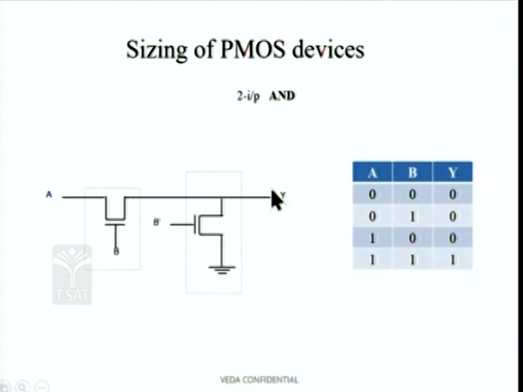Of course, we know that NMOS is not a perfect transmitter of 1, but nevertheless it is a logic 1. Therefore, in places where you can afford to have a degraded logic 1, it is fine to have this particular logic 1. Now, if you use this degraded logic 1 available over here